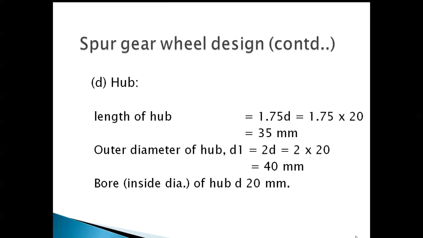So in that, first the number of arms will be found out by using the given PCD value, the pitch circle diameter. So here it is 500. So then up to 500 number of arms will be 4. So next we need to find thickness of the rim. Thickness of the rim TR equal to M into under root of T by 2 into N, number of teeth by 2 into number of arms. So next shaft diameter will be found out by using the power, speed and design stress.